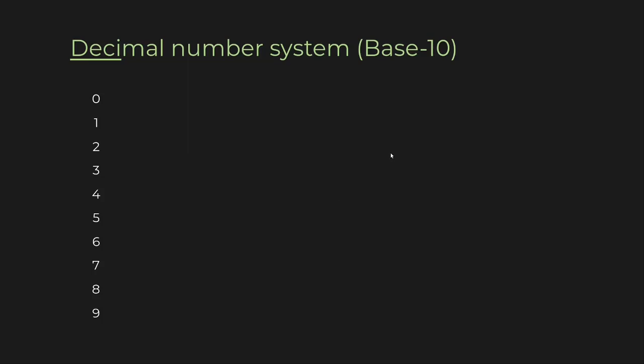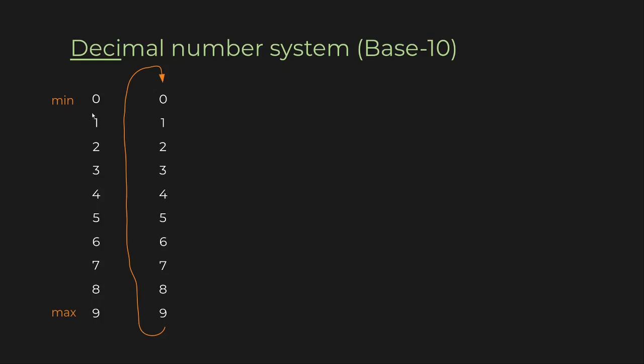So you may be thinking, if there are only 10 digits, how are we going to count more than 10? What if we have to count more than 10? There is a system for that. Once you count 0, 1, 2, 3, 4 up to 9, we know 10 comes after that, but how, I'll explain now. So 0 is the minimum value, 9 is the maximum value in this system. After reaching 9, we simply start again from 0. But this time, because we completed one cycle, this is the second cycle, we just increment 1.